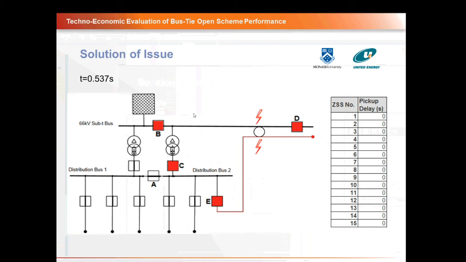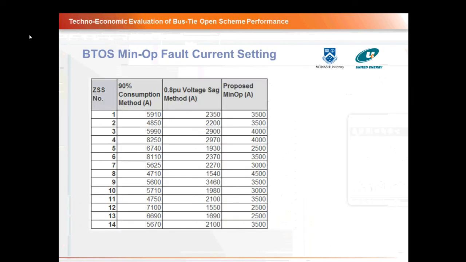So if this happens in this situation, we can see that bus number 2 is now energized from the other transformer and there is no outage on the bus. If this proposed solution is put in place, we can set the pickup delay for bus tie open scheme at all zone substations to be 0 seconds, which is the optimal value. Another goal of my project is to